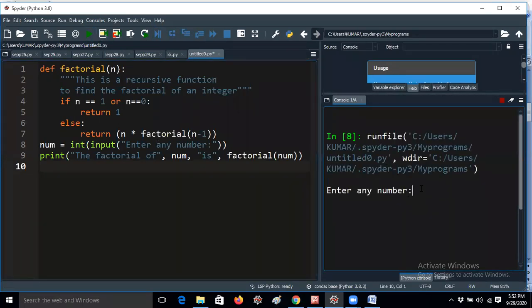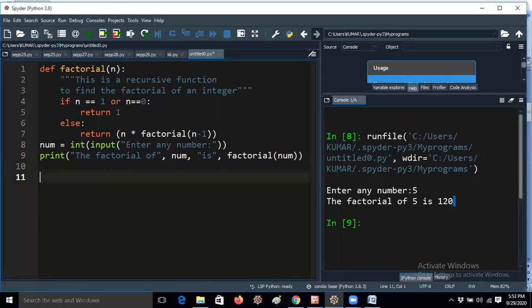Everybody knows the value of 5 factorial. The factorial of 5 is 120. Here you can easily observe that the logic is very easy. In Python, factorial is a predefined function, but this factorial is not a predefined function here. This is a user defined function, because to use the predefined factorial you have to import math, but I did not include any import math in our program. That means this is not a predefined function.